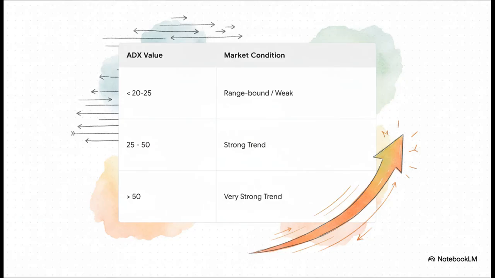And here's your cheat sheet. It's really this simple. When the ADX is hanging out below, say, 20 or 25, that's your signal the market is weak and probably stuck in a range. It's a choppy environment. But when ADX starts to climb up past 25, that's the market telling you that a trend is building strength. That zone between 25 and 50, that's where the beautiful, clean trends tend to live. This little table is your diagnostic tool.